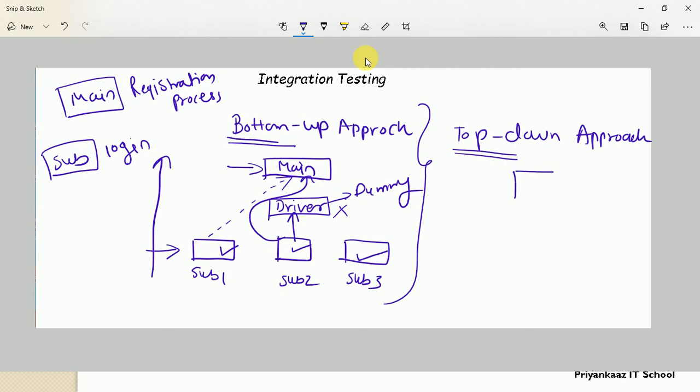That is nothing but, of course, your main module. Yes, because the flow is top down, right? So in the main module they simply focus, then they prepare or develop the sub modules. Let's see, this is my sub 1, sub 2 and sub 3. Now, once the main module is ready and the sub modules are ready, they need to simply integrate main with the sub modules and focus on the integration.